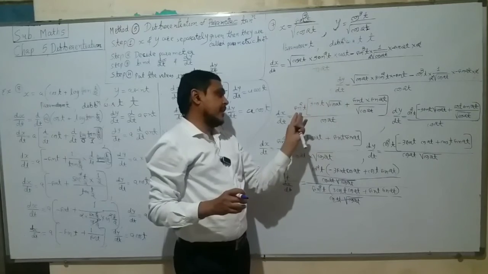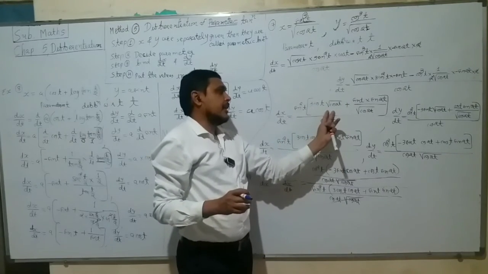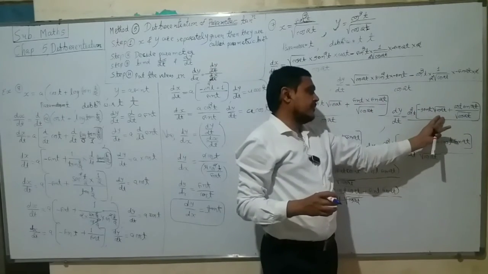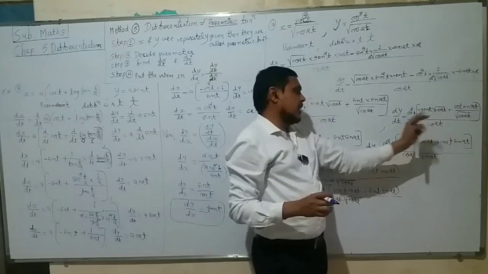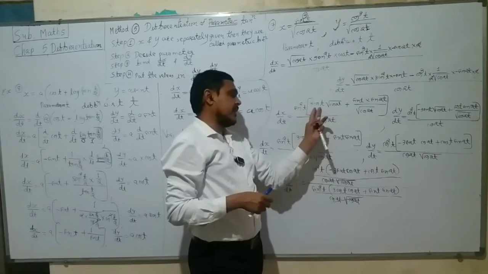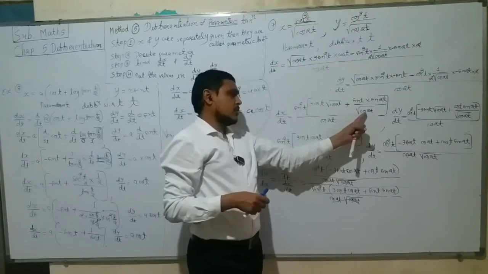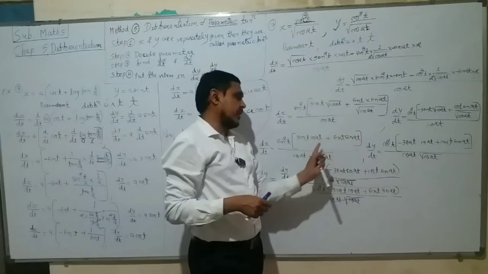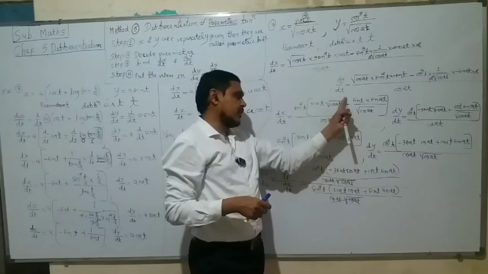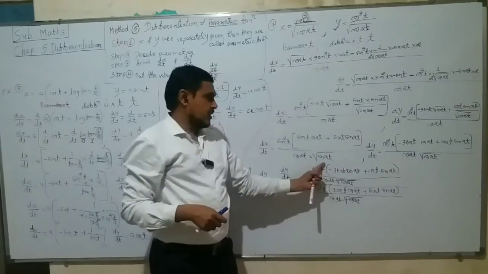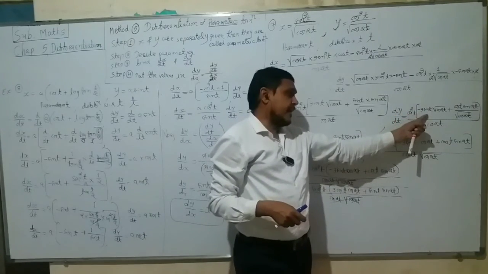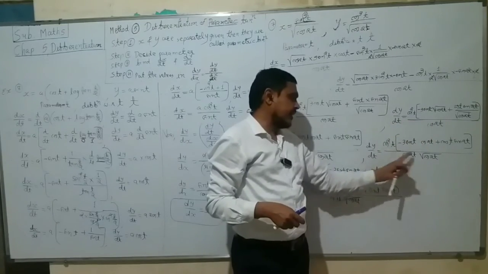Taking sin square t common, we get this in the bracket, and here we can take cos square t common, then we obtain this in the bracket. Now taking LCM, we get sin square t bracket 3 cos t into cos 2t, because multiplication of under root cos 2t into under root cos 2t gives cos 2t, plus sin t into sin 2t. The denominator of the numerator goes to the denominator, so we get this dx by dt. In this way, by taking LCM and simplifying, we get dy by dt here.